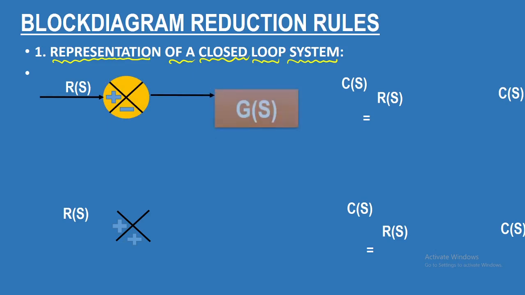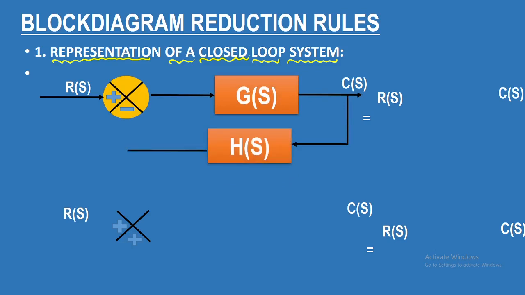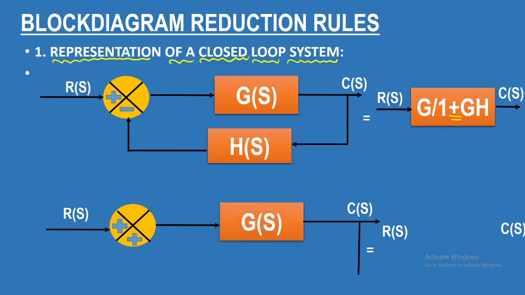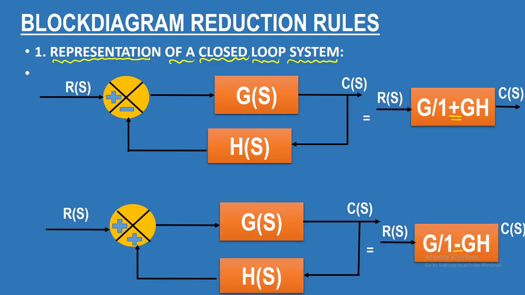Whenever you have the input and the output, we will have a feedback element, which will be H of s. If the signal is plus here and minus here, that is a negative feedback, and you get a positive sign in the denominator, as I already told. Next, consider when both are positive signals. Then C of s is equal to the expression with the feedback element, and in the denominator we get a negative sign.